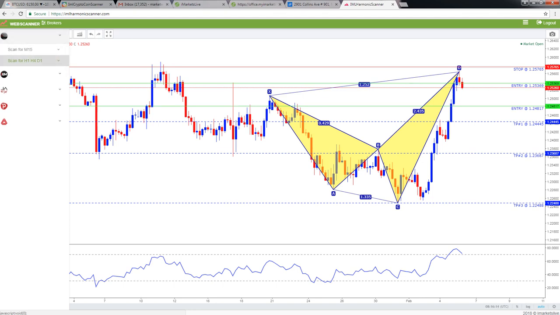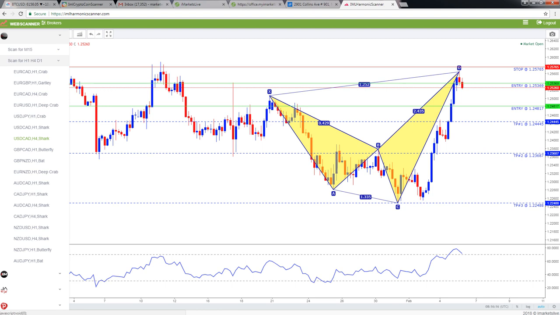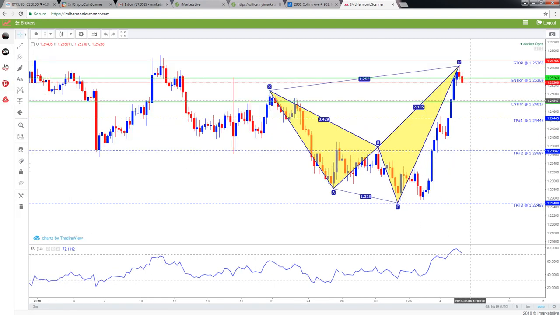Today we are looking at the USD CAD chart. I know we had looked at this in our prior chart. The market stayed below 1.257 as a risk point for the pattern. So if you're trading this particular pattern, just keep your risk point right there. I would look at pattern targets here and pattern targets there. So keep your risk point here if you're looking at trading this USD